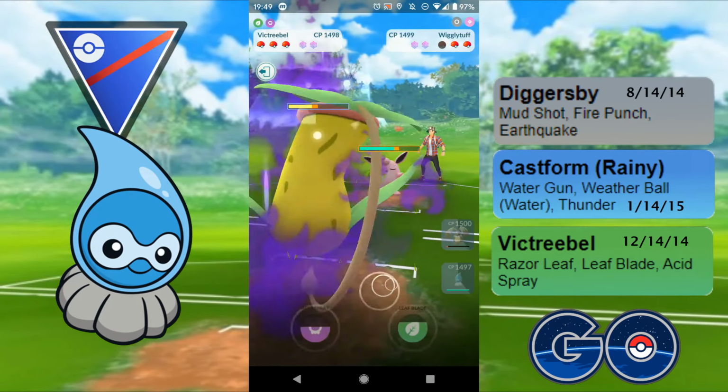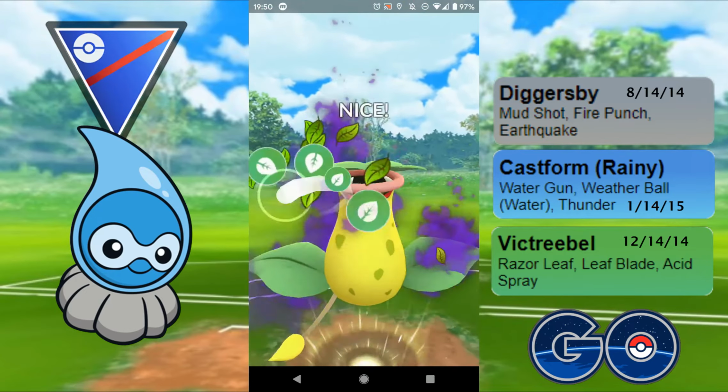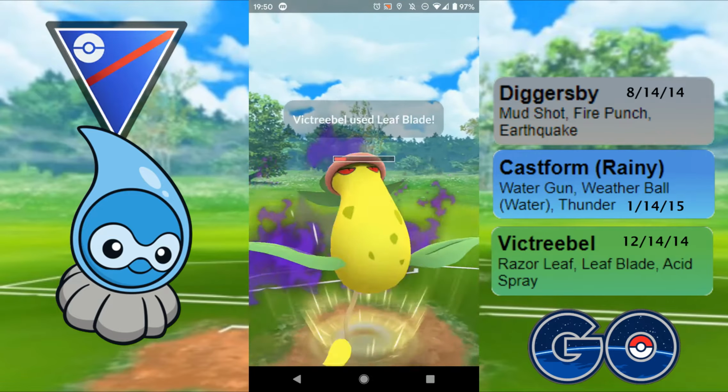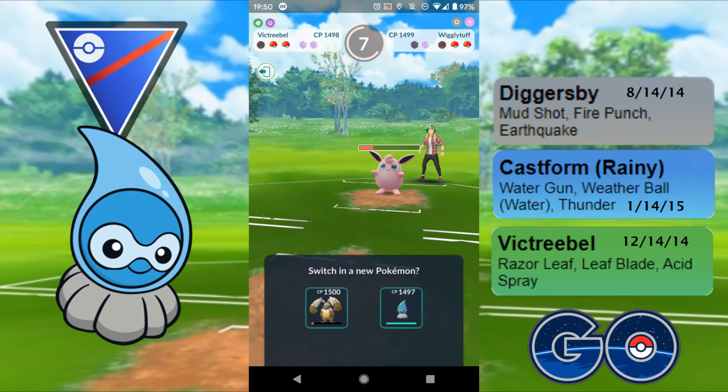So risky play here, but gonna give it a go. So out comes a Wigglytuff. So looking really, really good for me so far. And they do shield that up, which is fine. And then they're gonna farm all the way down. So for this one, what I'm gonna have to do